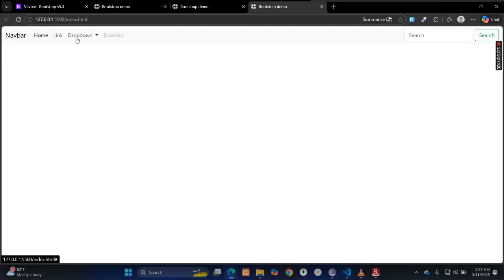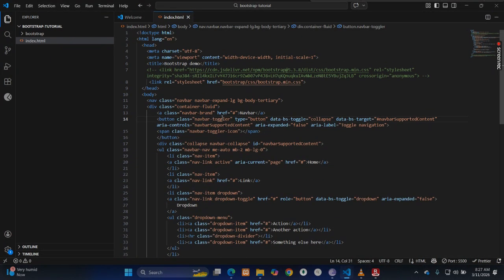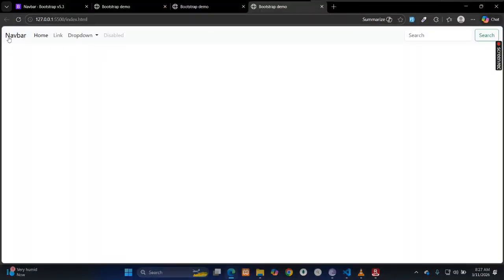So what we are going to do here is that I want to change the background color. And also ensure that we have a bit of space on the left margin and the right margin here, so that the navigation link doesn't fill the entire width of our browser. So to achieve that, you see here on line 12 on my page, you see the container fluid. That's what controls the width of the navigation,